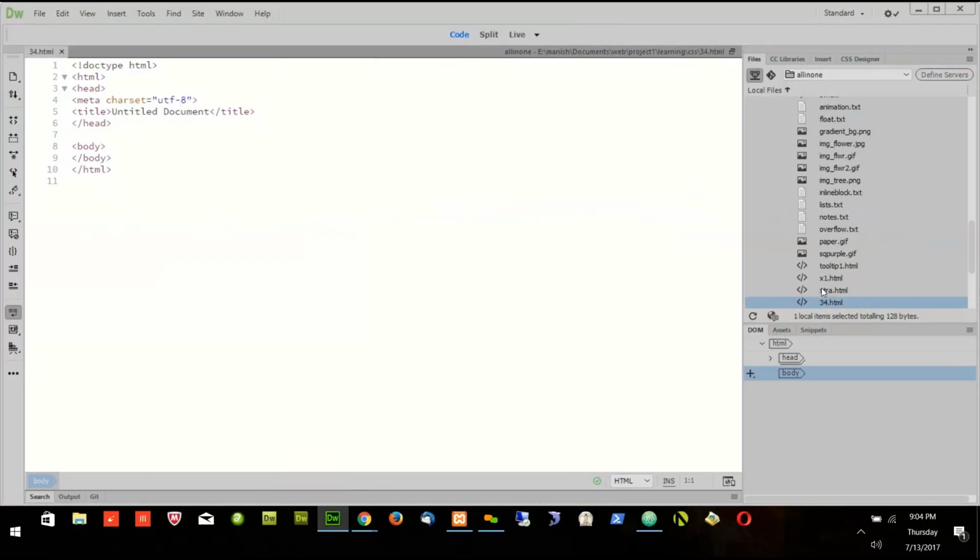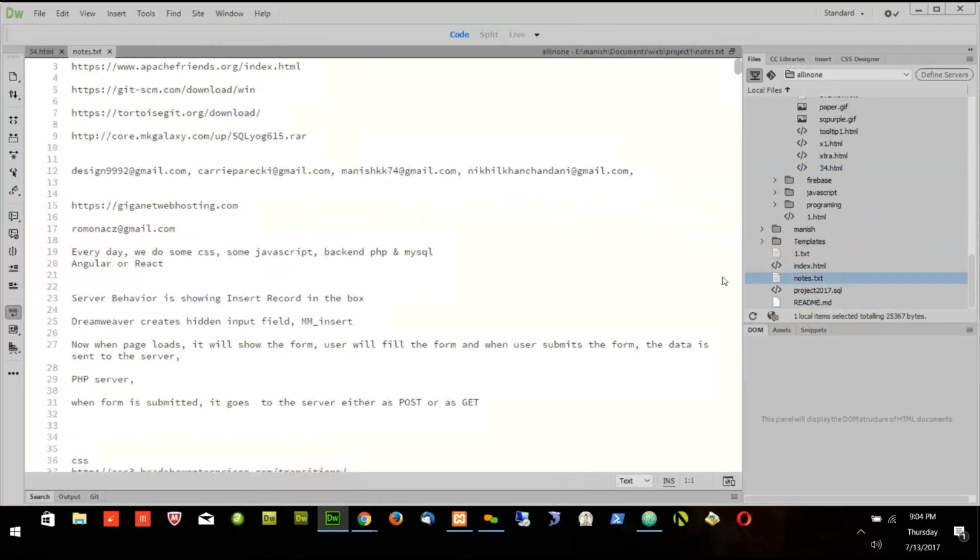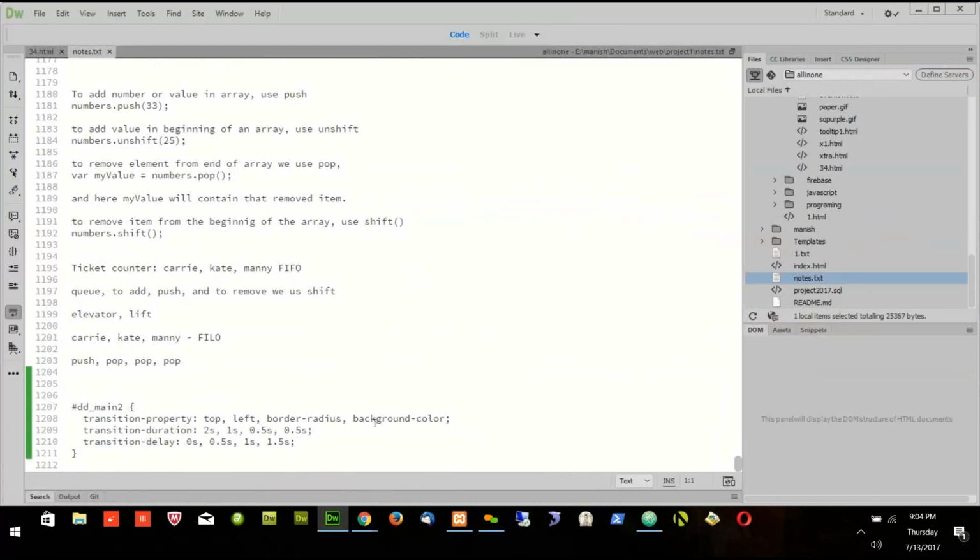I created a new file, 34.html. This is my notes. We did transition yesterday. Yesterday I showed you about transition. If we want to apply